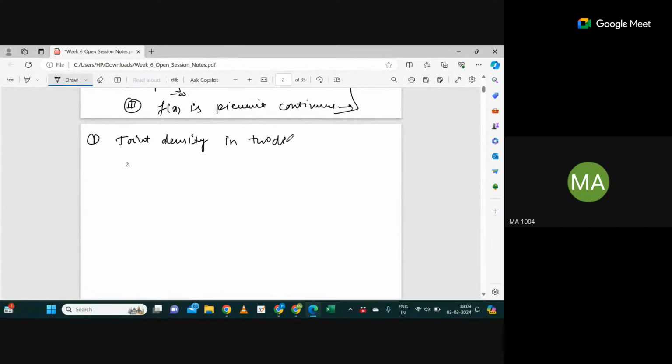I'm talking about 2 random variables here. A function f of x, y is said to be a joint density function